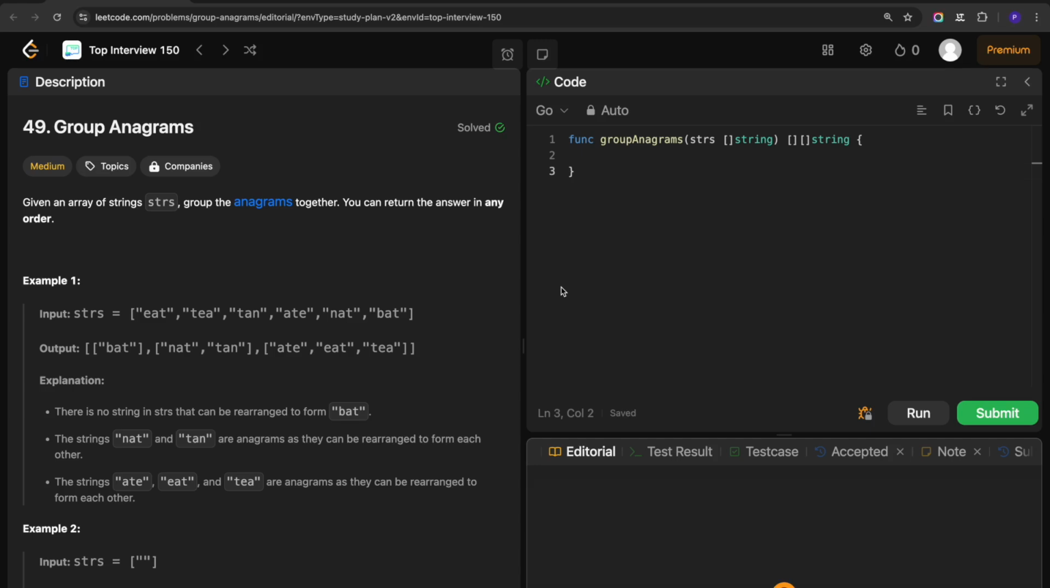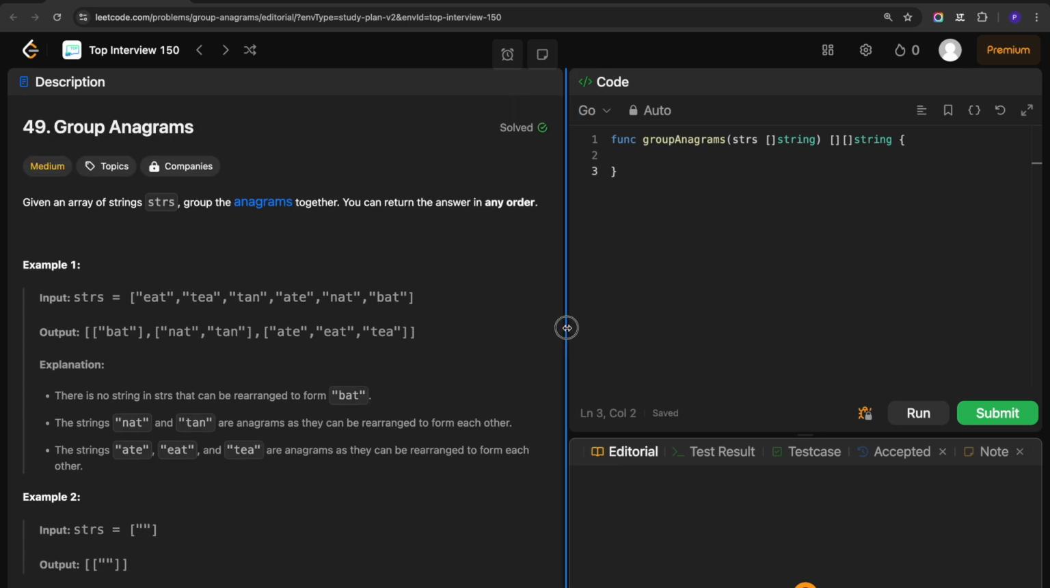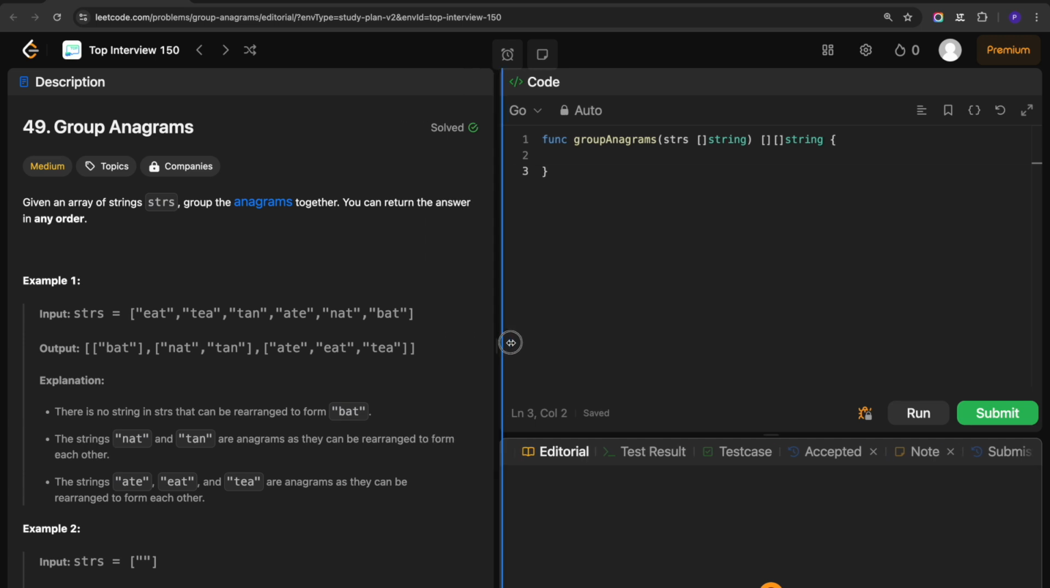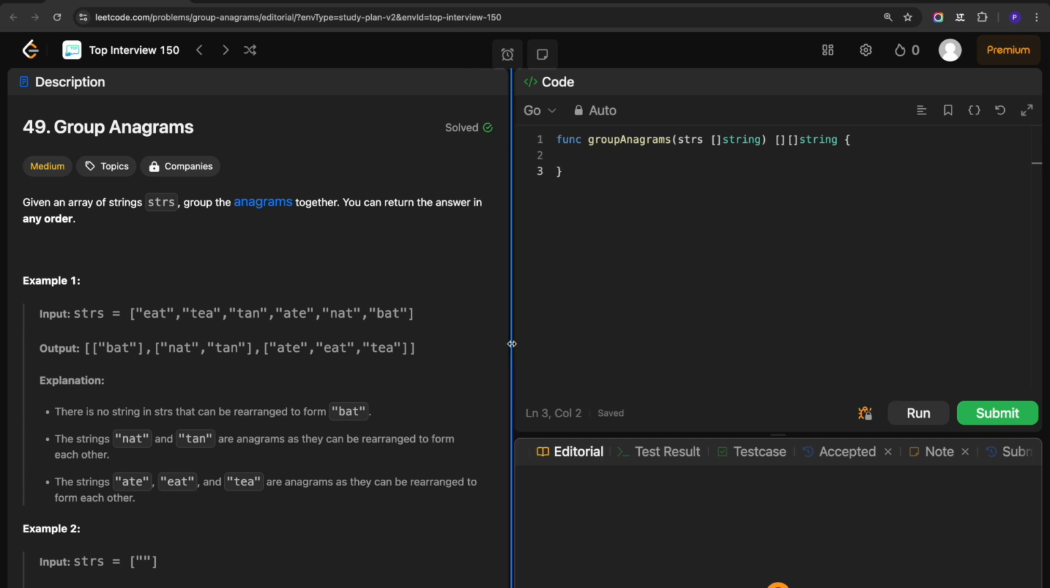Welcome to another video. In today's video we are going to solve the group anagrams problem from LeetCode. As you can see here, I have already solved this problem before, but I am solving it again for practice. I recently started learning Go and I usually solve problems in Go in order to get an understanding of